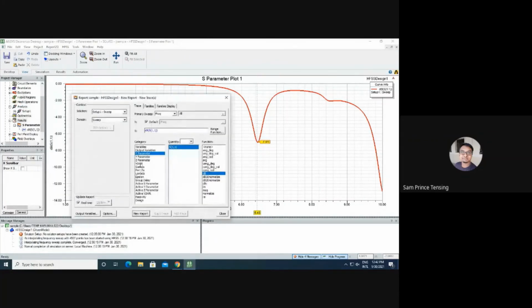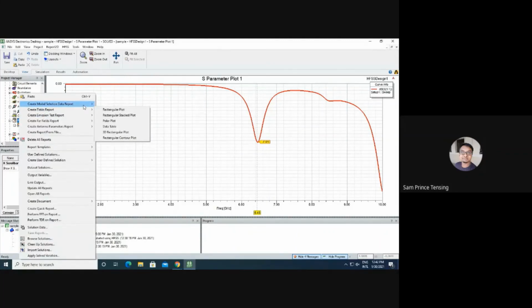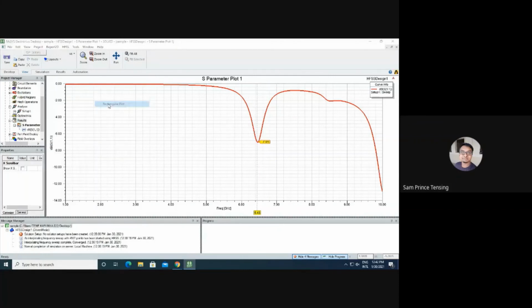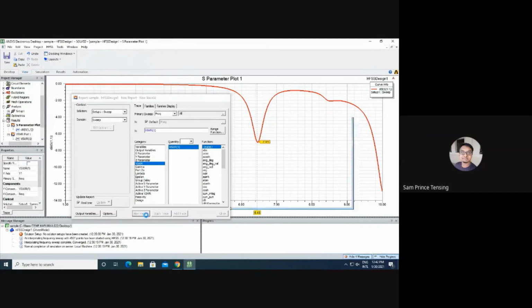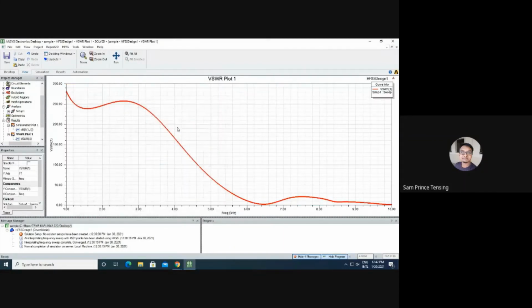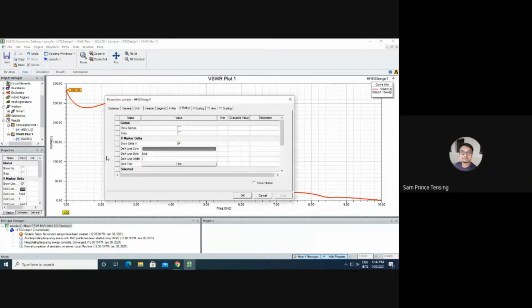Here, I'm pressing results again, right click, create model solution data report, rectangular plot, VSWR. For VSWR there is no unit, so we can give report. Generally, the threshold level of VSWR is from 0 to 1, so your value must lie there. At 5 gigahertz, our VSWR is far more than 1, so we need to tune it.